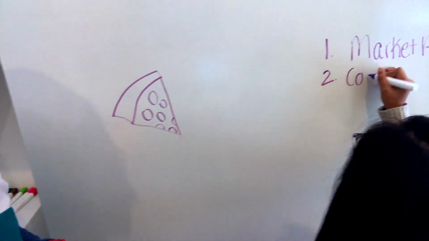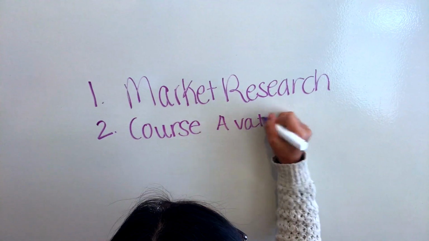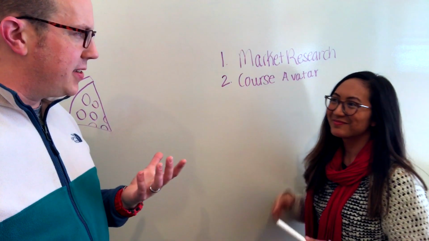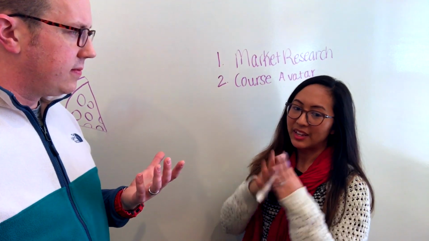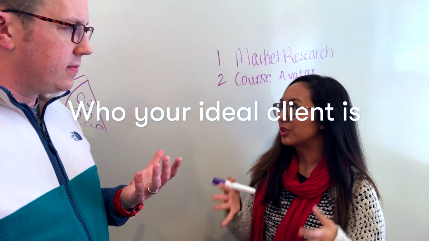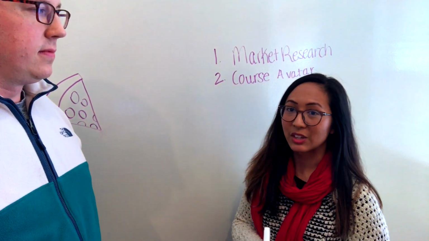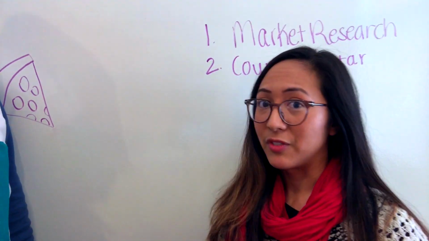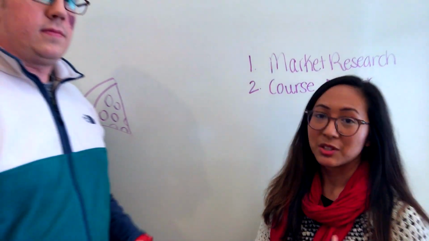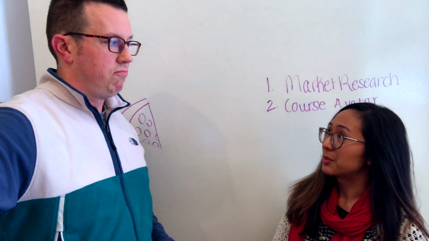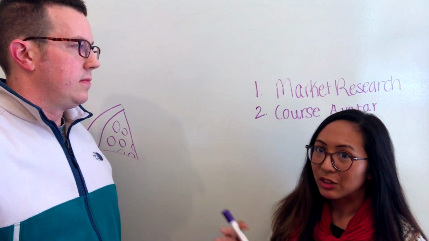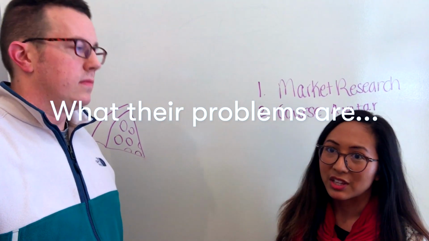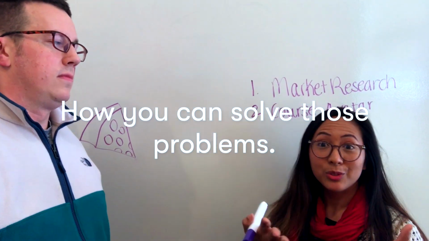Right, exactly. All right, so number 2 here, I just saw you write it down, course avatar. What exactly is that? Basically a big representation of who your ideal client or customer is. So you really want to think about who is going to purchase that specific product. So this could be a specific demographic, it could be a specific profession. So thinking through who that person is, what their key problems are, and then how you can step in and